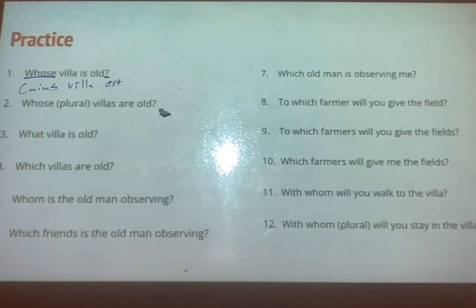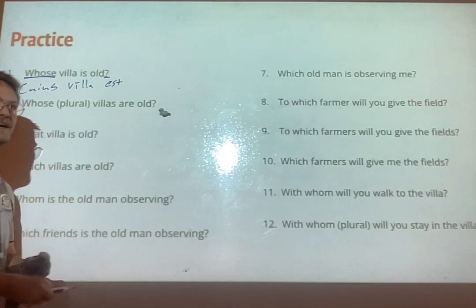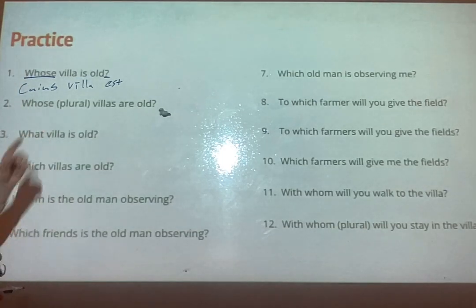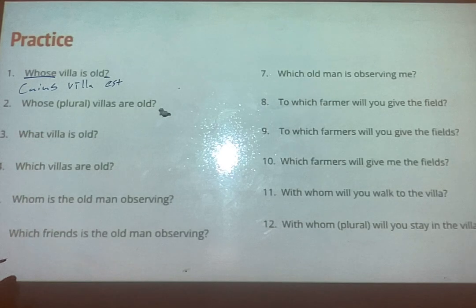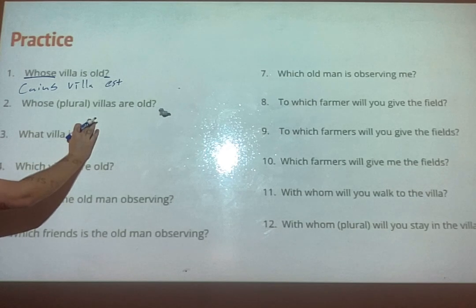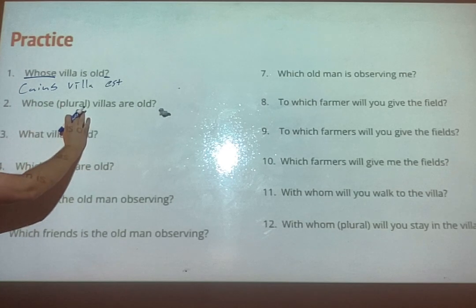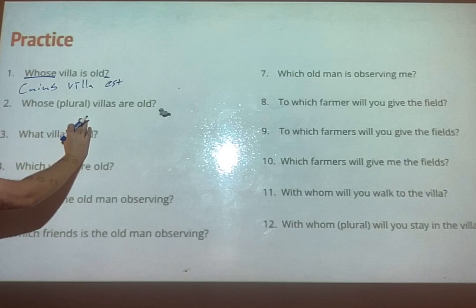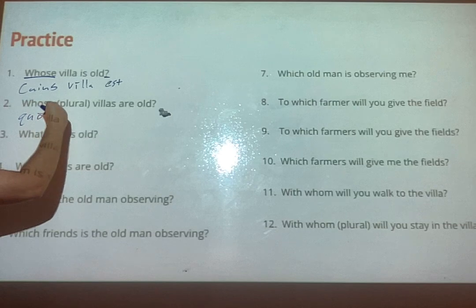All right, so let's keep going with our work here. Whose villas are old? What kind of pronoun is that? Is that relative or interrogative or an adjective? Definitely interrogative. Good. If it's not which, then it's not adjective. So this is an interrogative pronoun. In what case is it? Genitive. It's got to be genitive. Now it's plural, so what does it need to be? How do I know if it's masculine? As long as you give me genitive plural in either, I'm fine with it. All right, then quorum or quarum, depending on who the subject noun is that it's talking about.